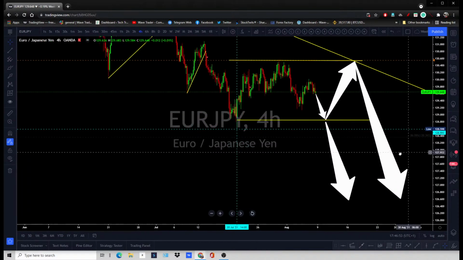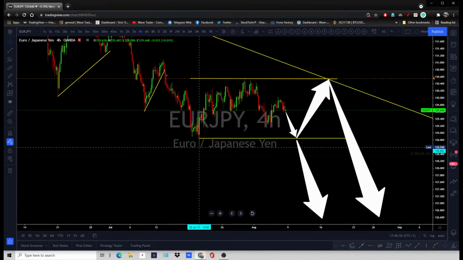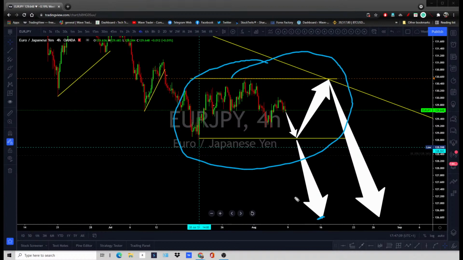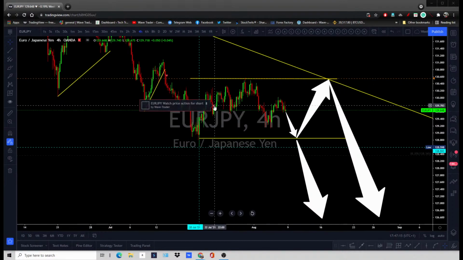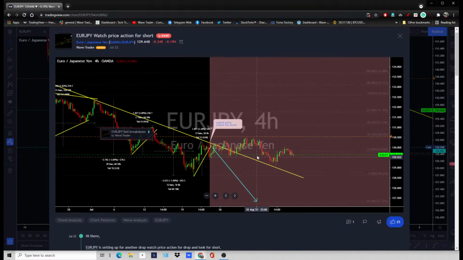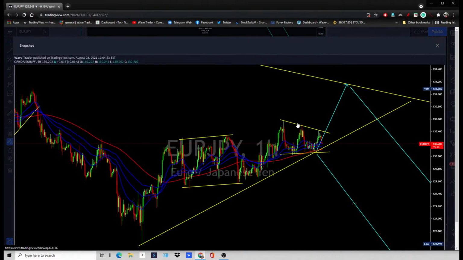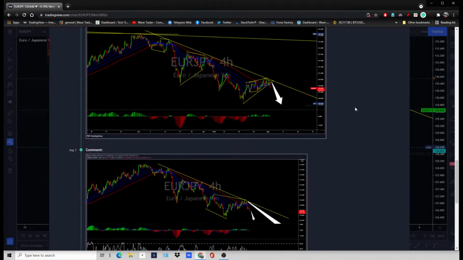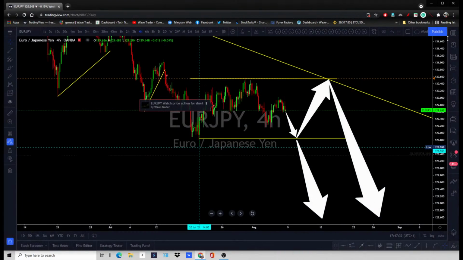So if a flat formation or flag comes, then the higher high breaks that previous high, goes higher, and then drops in a simple ABC move. Hold the trend and then drop like that. Or price stays within this flat formation for longer term and breaks down and continues to push lower. So this is a bigger correction. Price right now is turning into a bigger correction. We were expecting that, so it went into a bigger correction, broken down and dragging lower right now. So this is the flat formation on the euro yen.